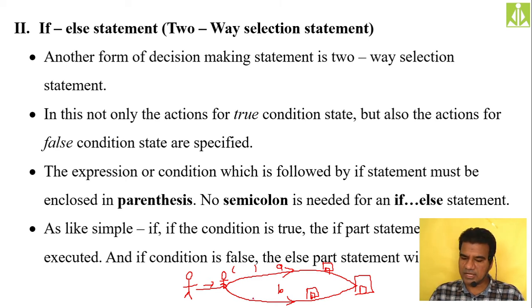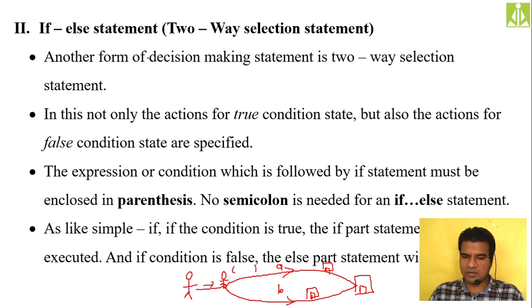You will go in this direction, in the B path, because you want to buy the textbooks and you have the bookstore on the B path. If you don't want to buy the textbooks, then you will move in the A direction.